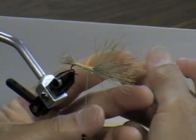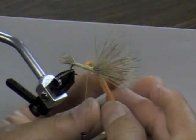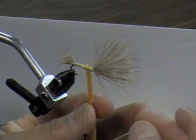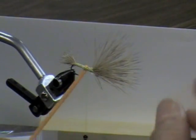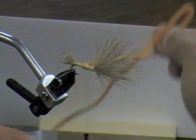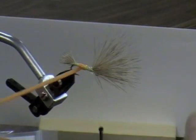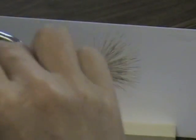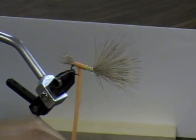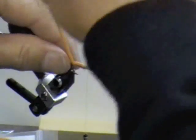Now, you're going to have to watch me wrap the whole section together before you actually start doing the wrapping yourself. Okay, what I do is I start it off relatively tight. You don't want it too tight because what ends up happening is you'll shut off all of the air holes on it, and it won't float right. So it's fairly tight till it goes over the tail, and I go even further over